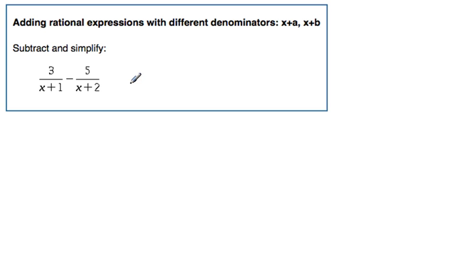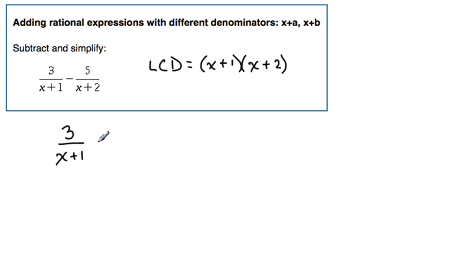Whenever you have different denominators and you're trying to add them or subtract them, you need a least common denominator. The least common denominator has to contain the terms of both denominators, so it has to contain x plus 1, and it also has to contain x plus 2. So we will rewrite the problem here first. So 3 over x plus 1 minus 5 over